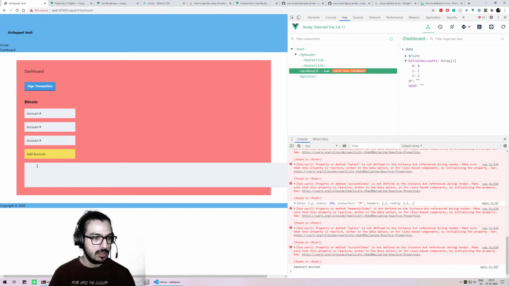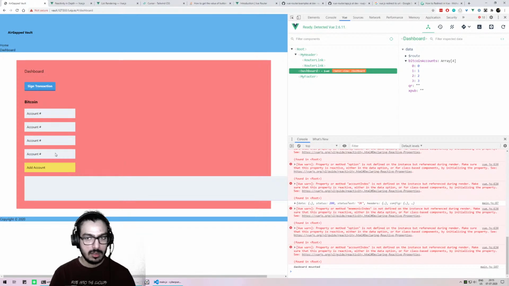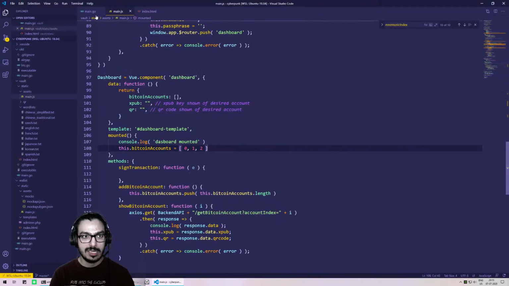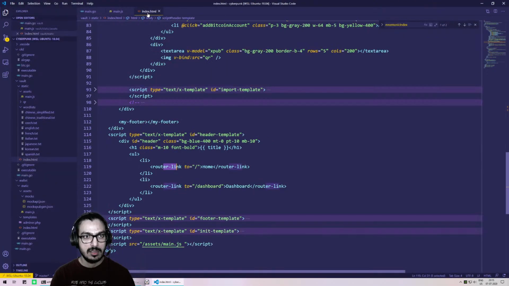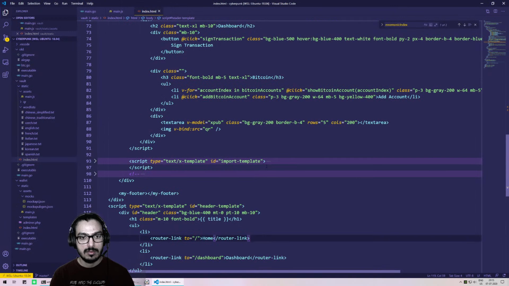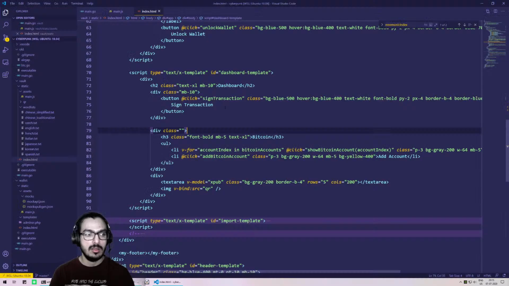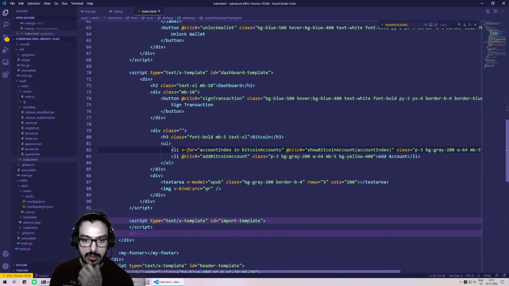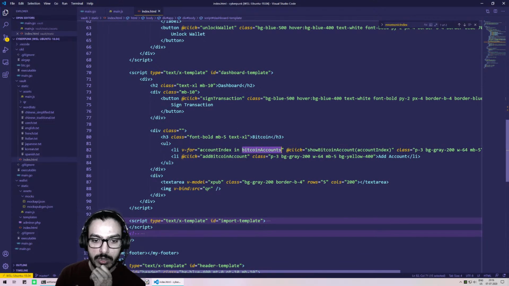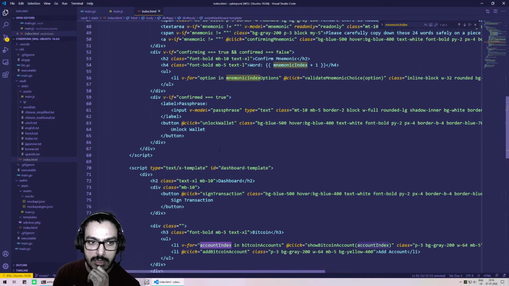I mean, I'm sure this will work. But where is the account index? We're coming from here. Over here it says loop on bitcoinAccounts, account index,